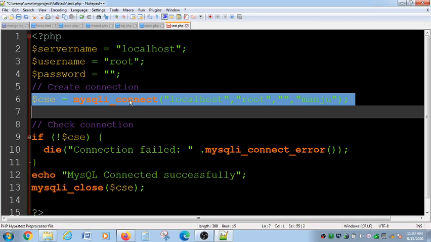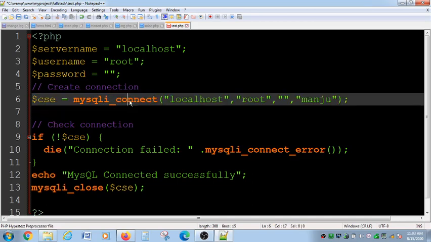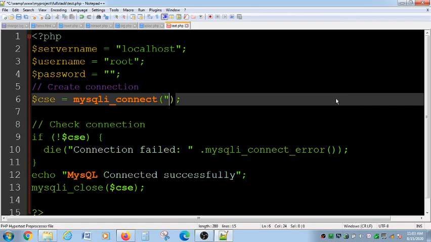At that time you have to make this connection n number of times. So instead of passing all these values directly inside your MySQL iConnect, you are going to pass them using the global variables here.